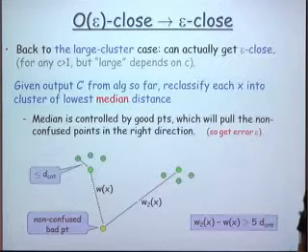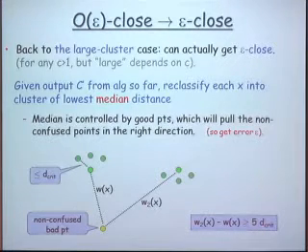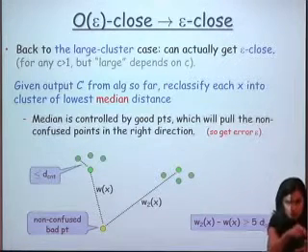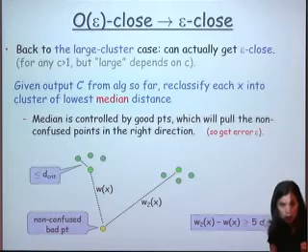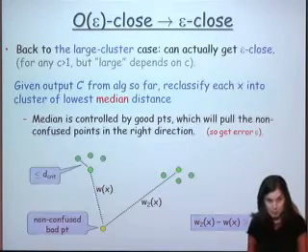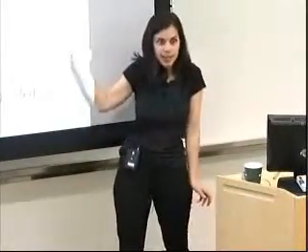But you don't compute the median? Do you compute the median? Yeah, so given the clustering so far, for each point x, we compute the median distance to each of the clusters and reassign it to the one with the smallest median distance. So it's a post-processing step. And if you do so for the large clusters case, this gives you a clustering of small error.